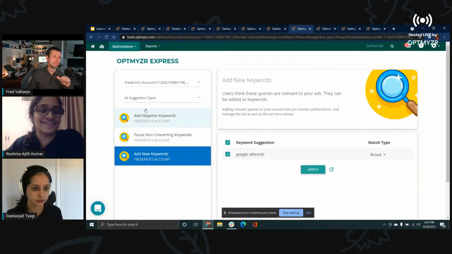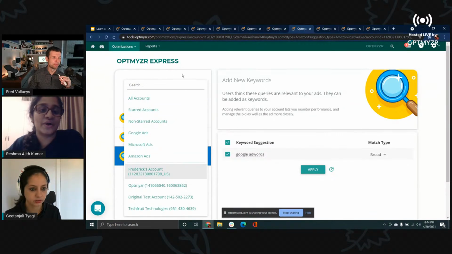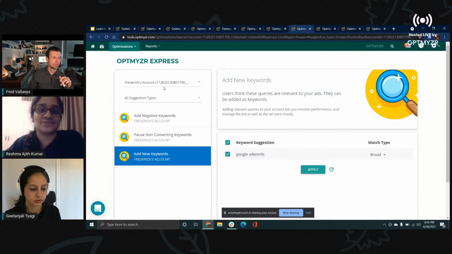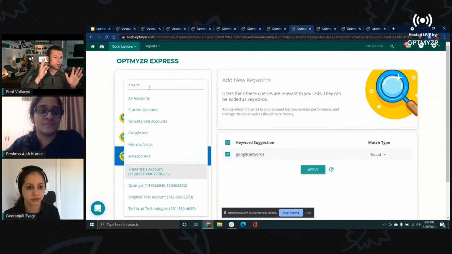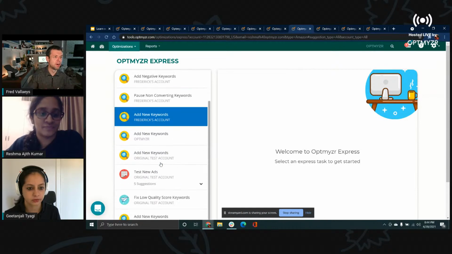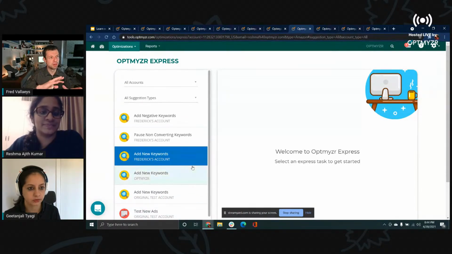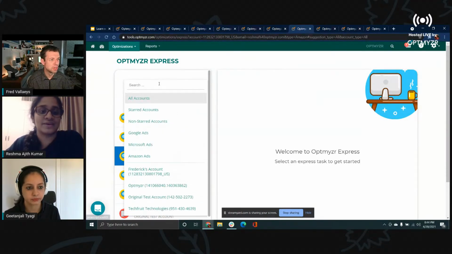Easy. Yes. And if you would like to just work account-wise, you can do that, or just select all your Amazon Ads accounts together and work through these top suggestions. But that's a good point. These Amazon suggestions can now be interspersed with Google suggestions. So if you manage all types of accounts, you go through Optmyzr Express and everything's there. Or if you just do Amazon, you can do it for Amazon as well. You can choose.